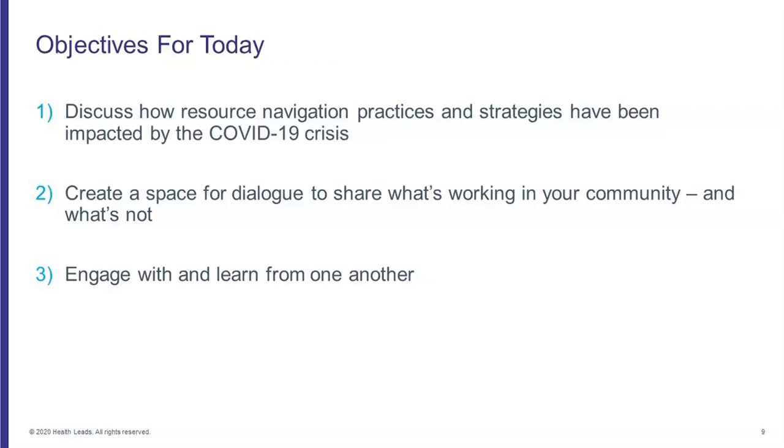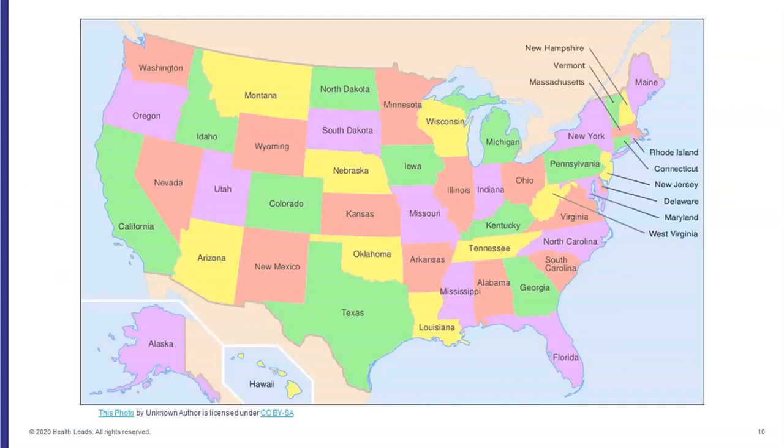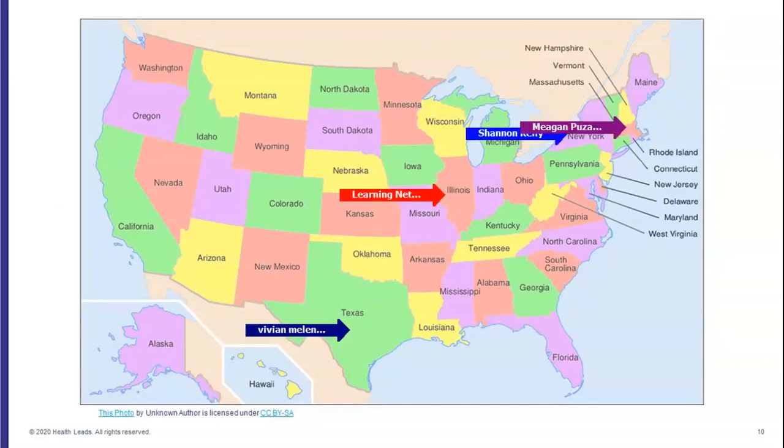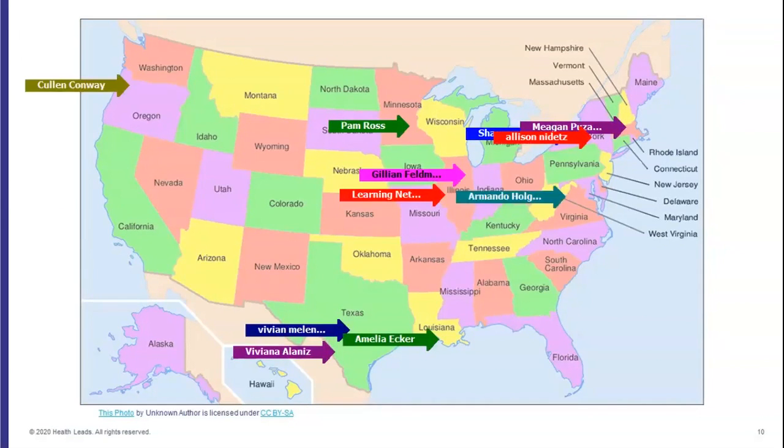Our first question is, where are you all calling in from today? We have a lovely map here. If you look on the left of your screen, you see this little squiggle mark called an annotation. You can click and show where you are from today. For example, I am calling in from Boston. We see some people starting to click away. Also, if the map isn't working, please feel free to type in the chat box the state you're calling in from. We see we've got some representation from the West Coast, down south, New England, the middle.